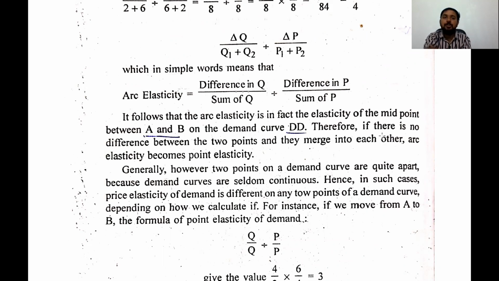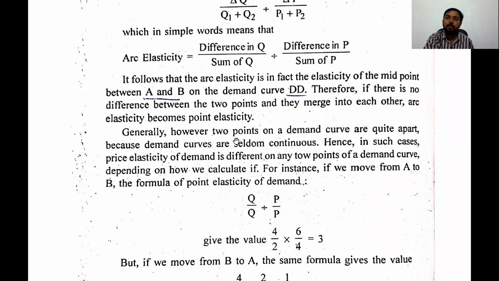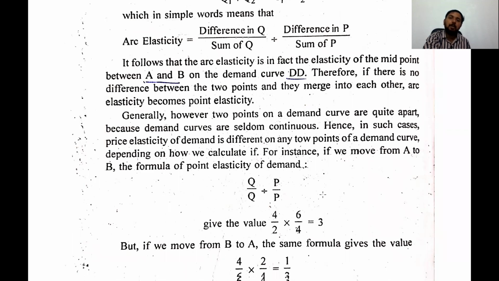Therefore, if there is no difference between the two points and they merge into each other, arc elasticity becomes point elasticity. Generally, however, two points on the demand curve are quite apart because demand curves are seldom continuous. Hence, in such cases, price elasticity of demand is different at two points of the demand curve depending on how we calculate. For instance, if we move from A to B, the formula of point elasticity of demand will be